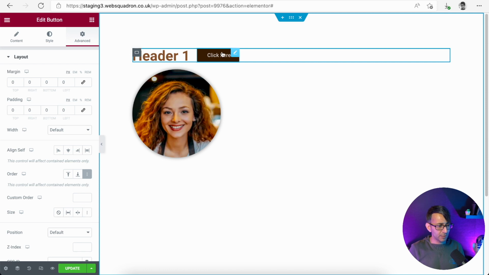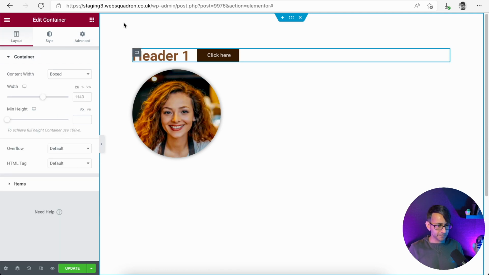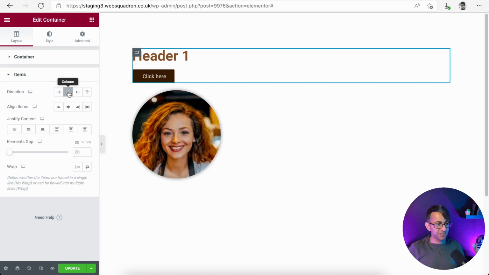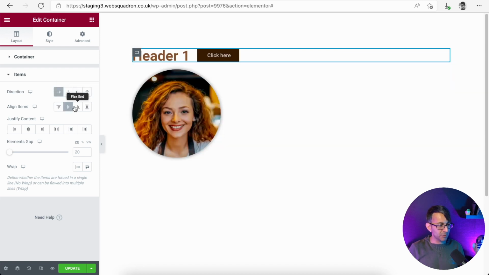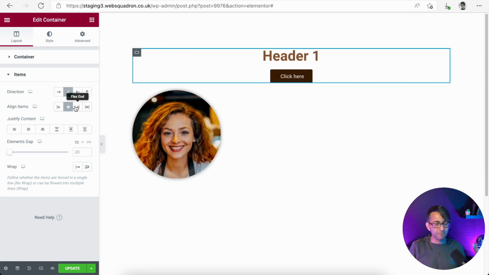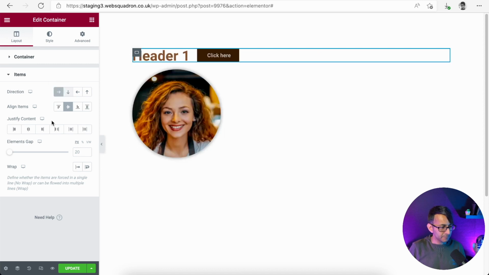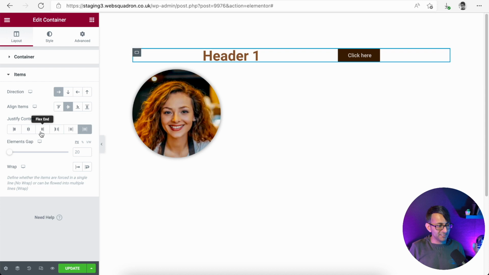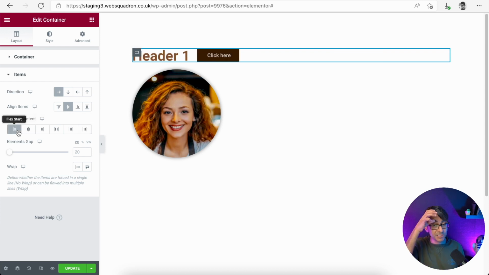And by the way, I can click into this container and everything I was doing before, I can do here. So I could now switch this to be a column. I could reverse it as well. The column, the container, the row, whatever you want. Remember, you're not going to get much here because this is a thin container at the moment. So all of these options will matter more when you start to do the column positioning there. But over here, I could now do something like that. Space around, space evenly. You don't lose any of that functionality.